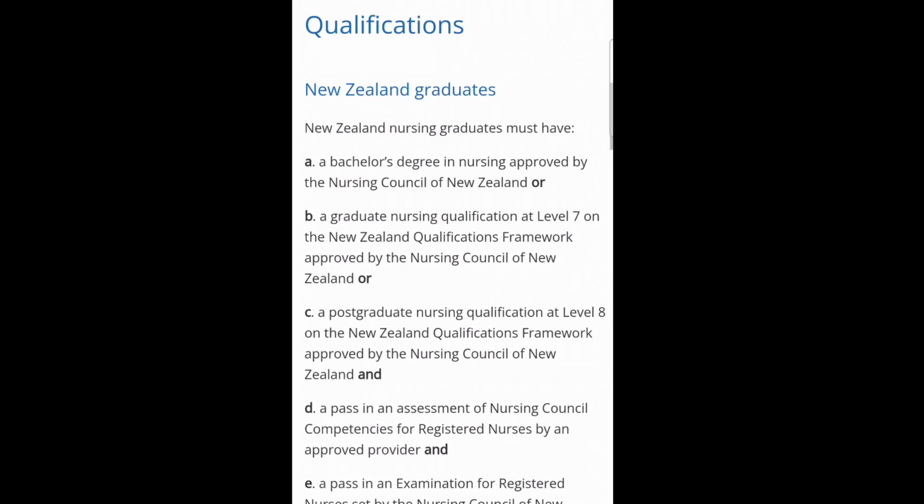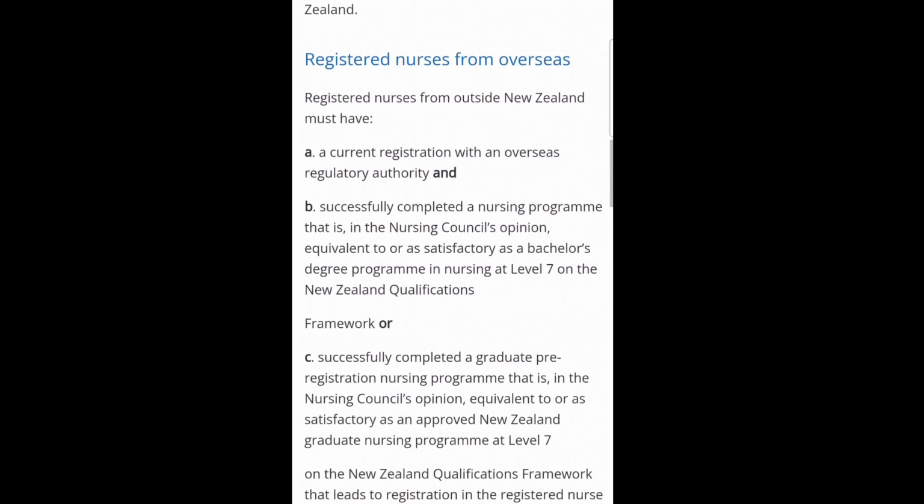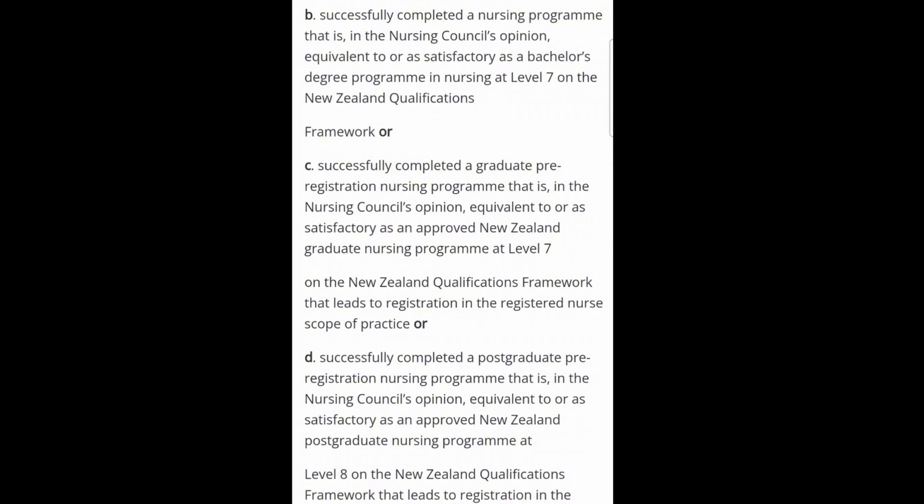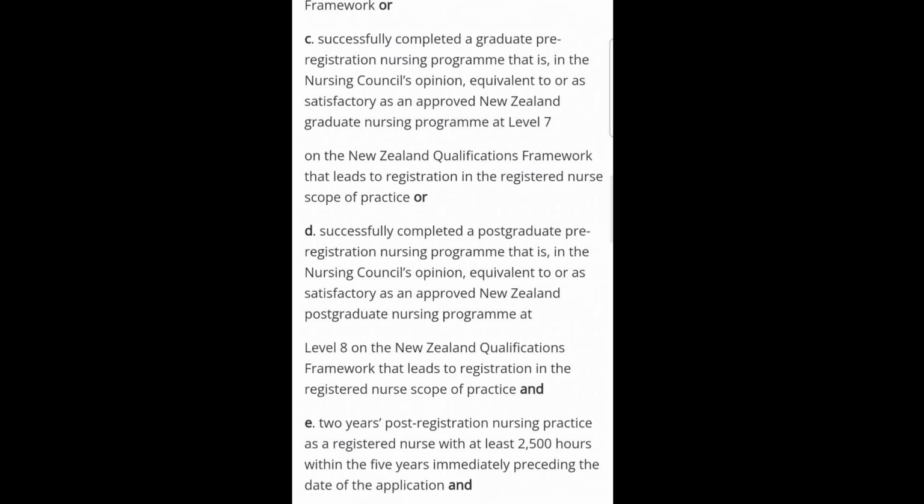So if you are a registered nurse and you have been trained from outside of New Zealand, you should have a current registration with any overseas regulatory authority, or you should have successfully completed a nursing program that is in Nursing Council's opinion equivalent to or as satisfactory as a bachelor's degree program in nursing at level 7, which is the New Zealand qualification, or you must have successfully completed a graduate pre-registration nursing program, or a postgraduate pre-registration nursing program,